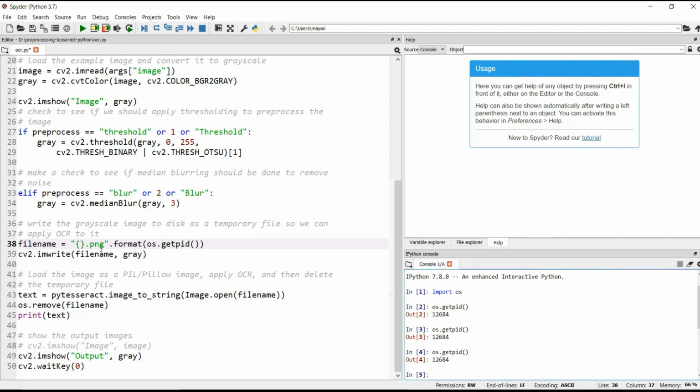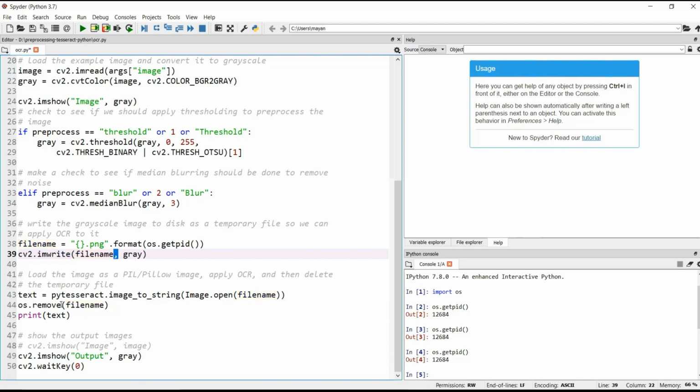So here we get a random number for our random image name, and we are storing it in file name. So our file name will contain 12684.png. Now I am saving this image, which is our pre-processed image.